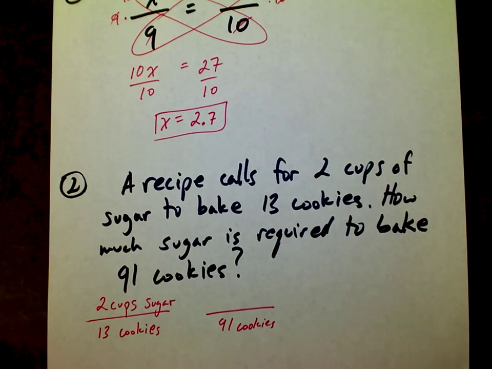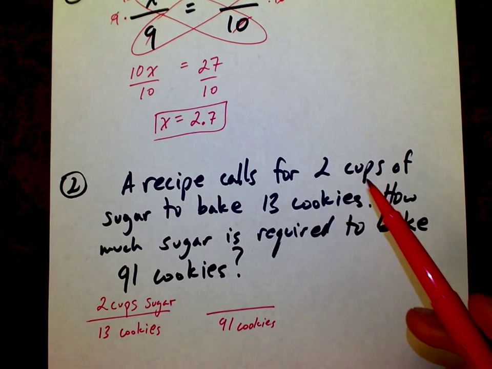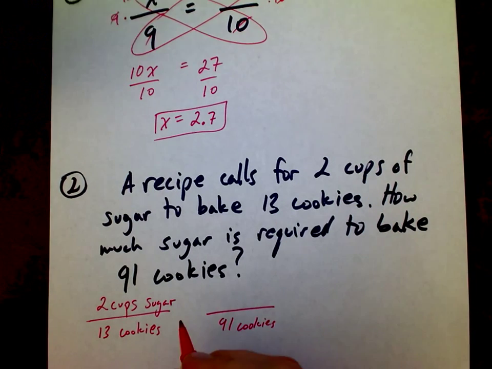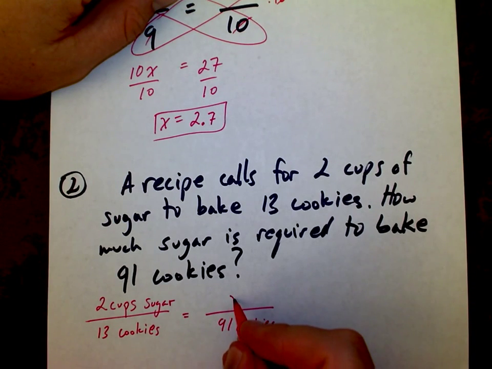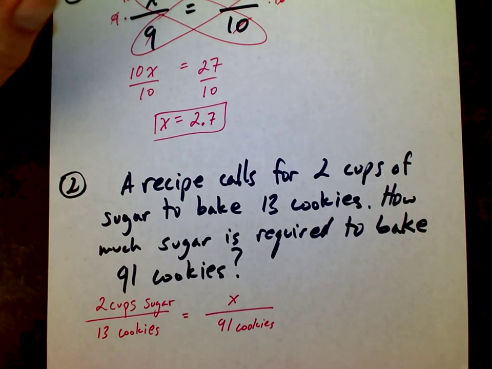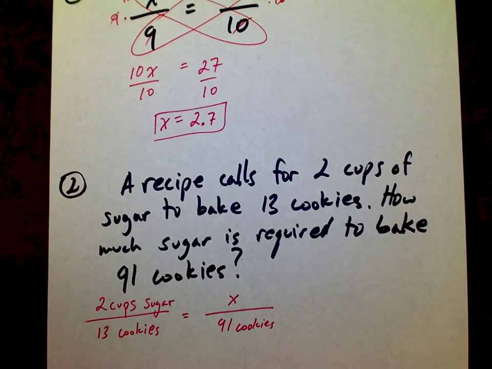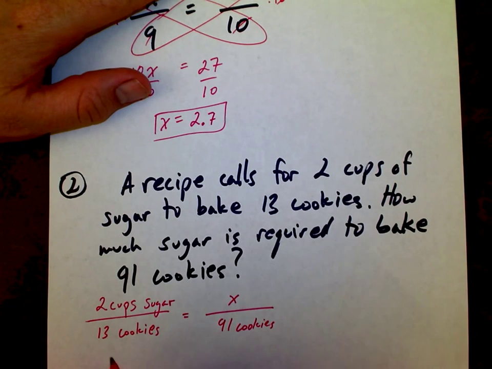If this recipe, we want to maintain the same recipe throughout, that means every 13 cookies you're going to have 2 cups of sugar. Somewhere along the line we're going to have 91 cookies here, and the question is, how much sugar are we going to have? And so I'll put an X in that for how many cups of sugar this new expanded recipe will call for. So you have 91 times 2,